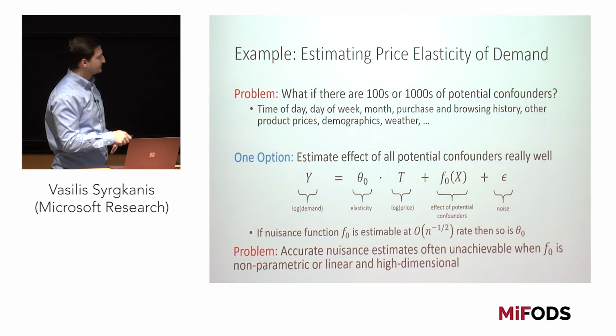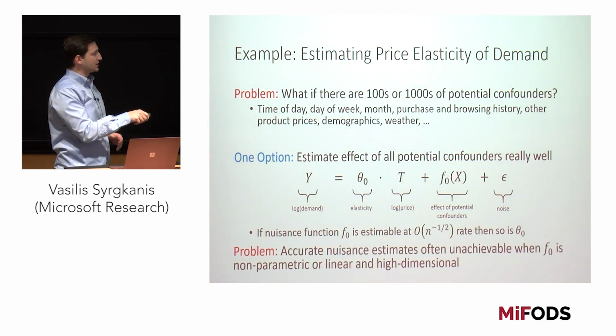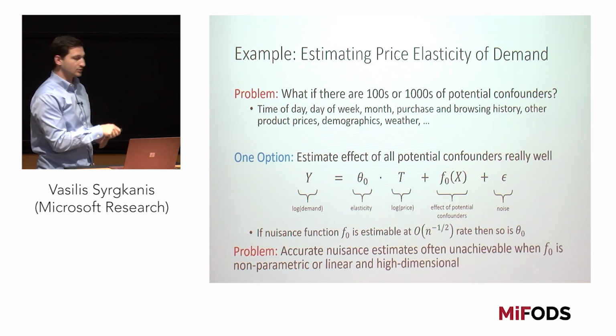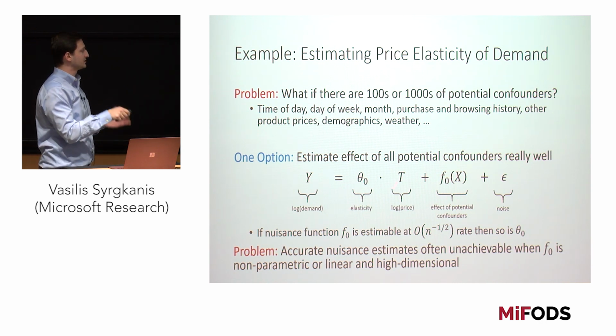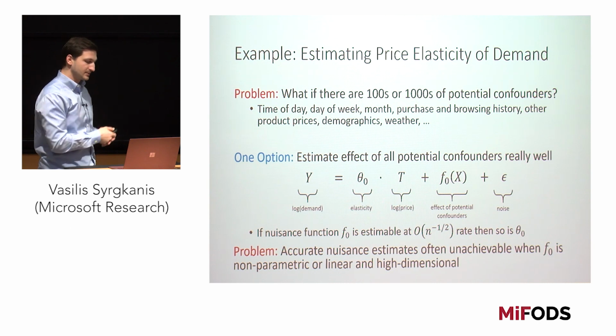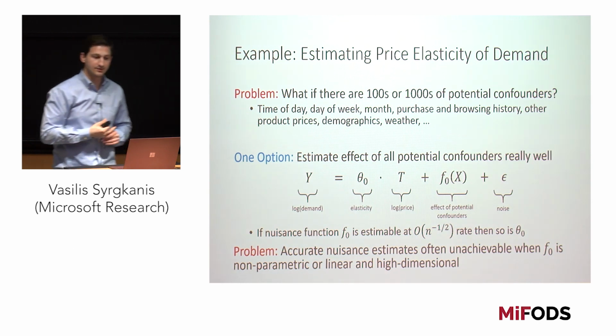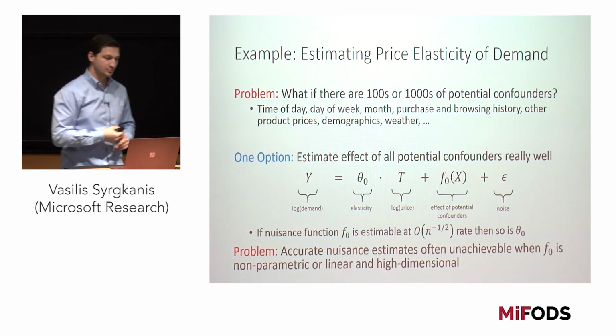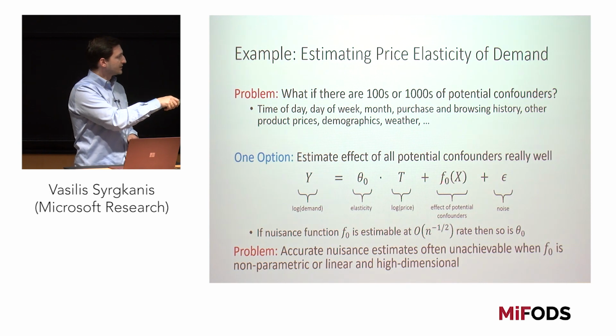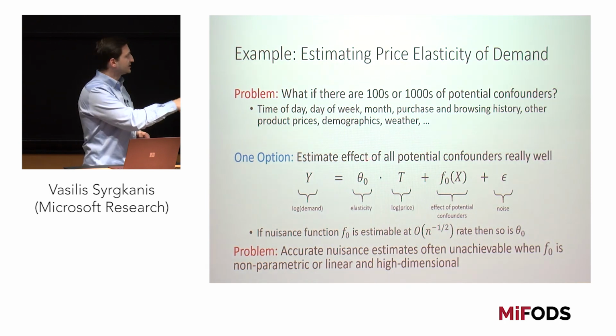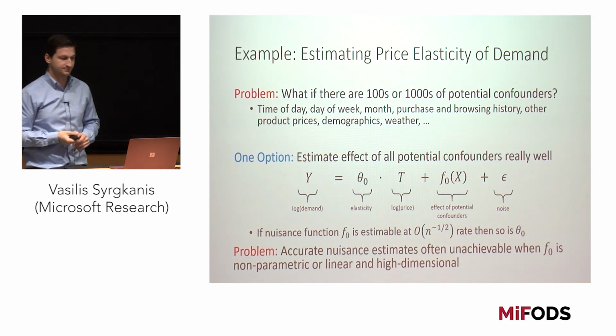And so, maybe if this was a low-dimensional object that you could estimate at a root n rate, then maybe you just run your standard machine learning algorithm, and you try to predict the outcome from both the treatment and the x's, and then you might get reasonable answers. But typically, this won't be estimable at a root n rate. And so the question is, how can you devise a better algorithm that estimates this at a root n rate while controlling for a very high-dimensional object?